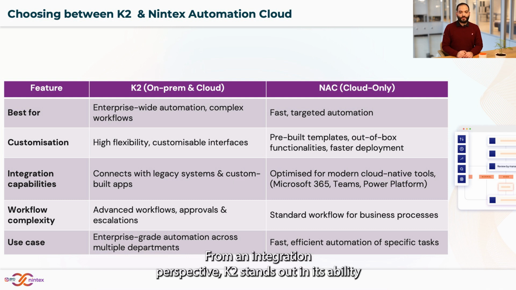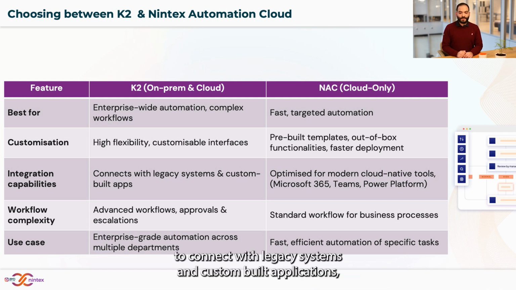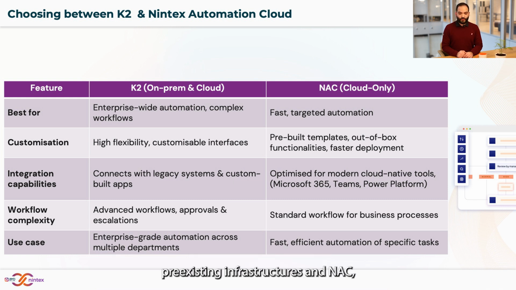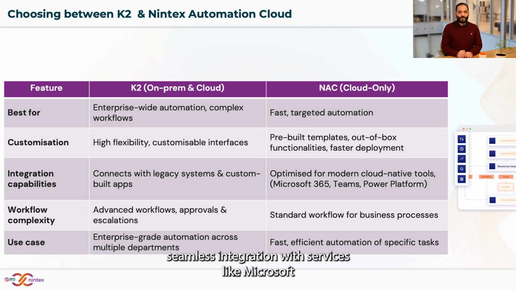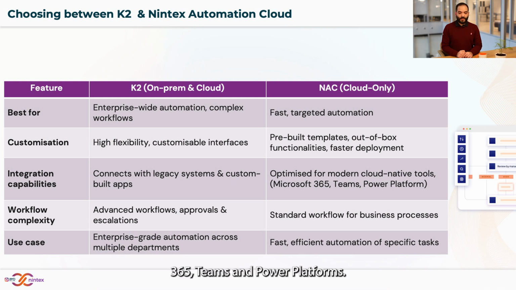From an integration perspective, K2 stands out in its ability to connect with legacy systems and custom-built applications, making it the ideal choice for organizations with complex, pre-existing infrastructures. NAC, on the other hand, is optimized for modern cloud-native tools, ensuring seamless integration with services like Microsoft 365, Teams,